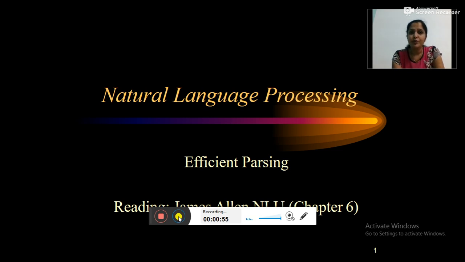Now we need to move towards thinking about how that parsing can be made efficient, how it can be conducted in a more efficient way. So from that perspective, we are going to learn one more algorithm today, that is the shift reduce parser. Before starting with shift reduce parser, I'll let you know what exactly is the thing which causes overhead while parsing.